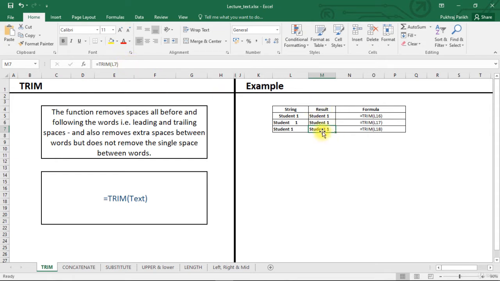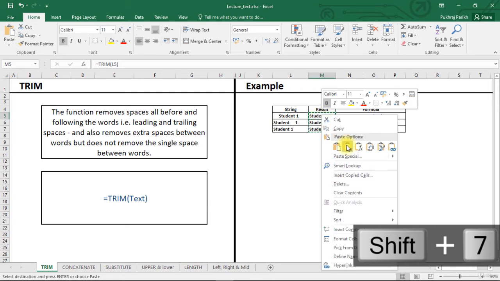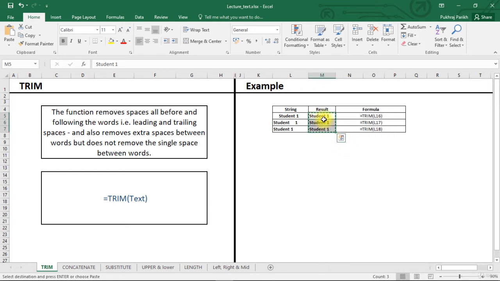To get string, we know what we have to do. We use the copy and paste as values technique. These cells now have actual string values with no extra spaces. Now let's move on to the next function.